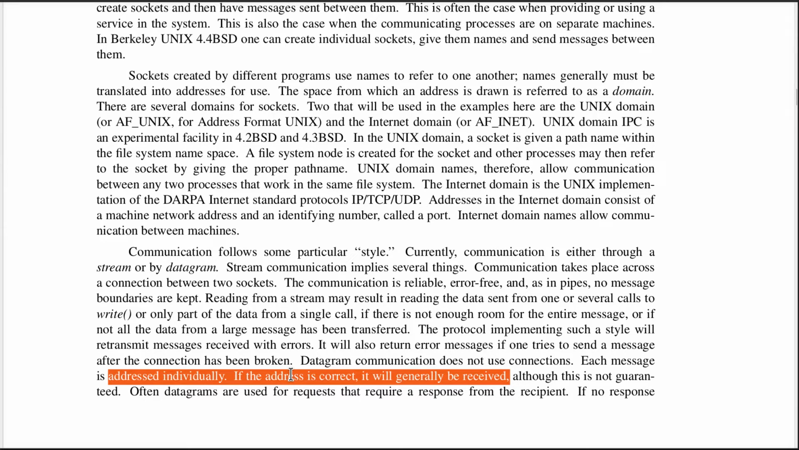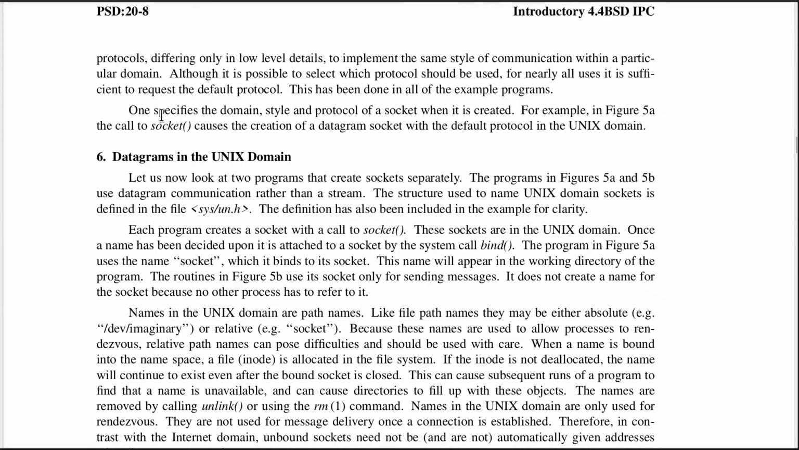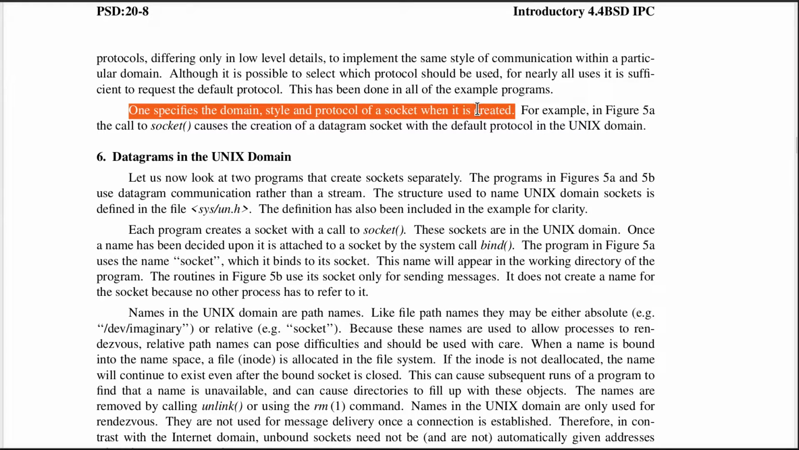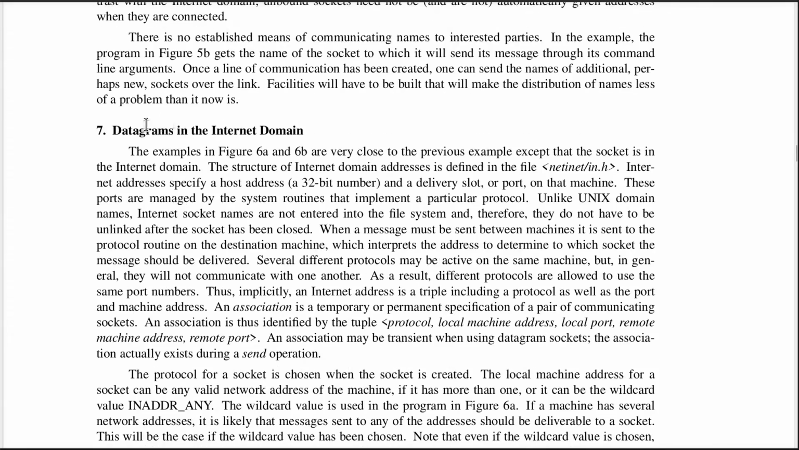It is not guaranteed to be received on the other end. It's almost a layer 3 protocol. Now, as we approach section 6 here, it says 1 specifies the domain, style, and protocol of a socket when it's created. We'll see all that when we get to the code that we're going to walk through in a minute here. Now, as we scroll down, we see a section that talks about datagrams,